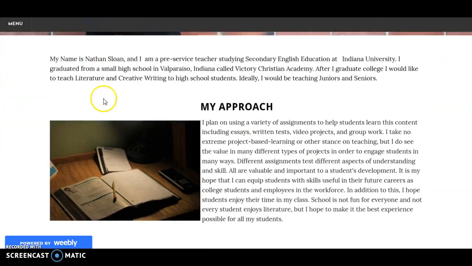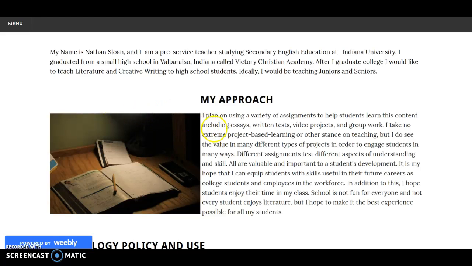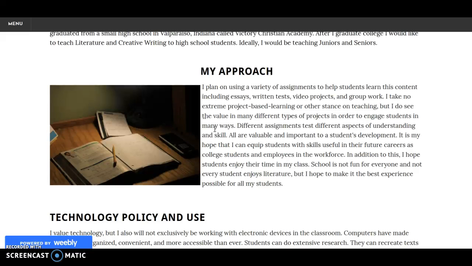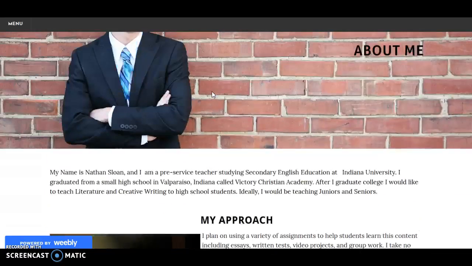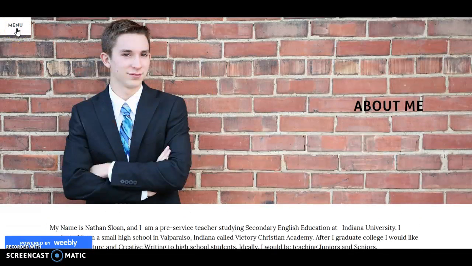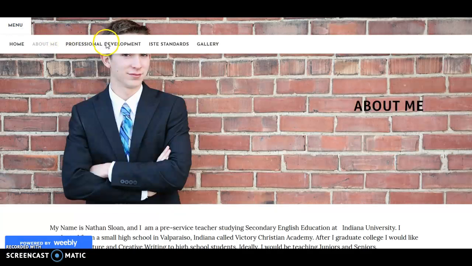I want to use technology in my future classroom as a way to provide alternatives to your standard things like quizzes and short essays, because I just think that sometimes the classroom, and especially in English language arts, can get pretty stale, and they sort of use the same things over and over again. And I want to use technology as much as possible without overusing it, because I think handwritten assignments and other things still have their place, and also for differentiation purposes, I don't want students who may struggle with having and attaining certain technologies to feel outcast, I guess.